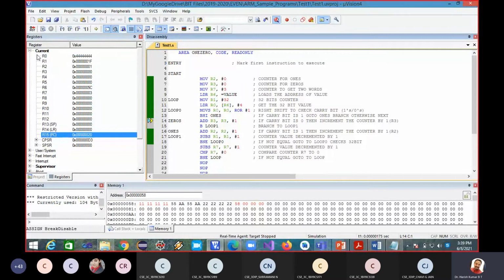I keep observing this R1 register until it becomes 2 or 3. So I'm going fast. 16, 15, 14, 13, 12, 11, 10, F. So it is down counting.